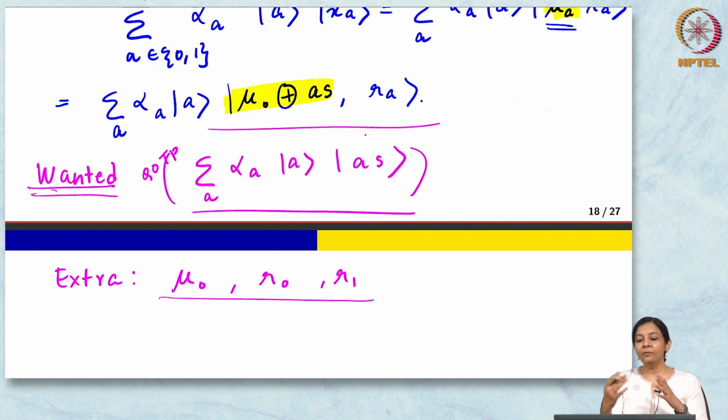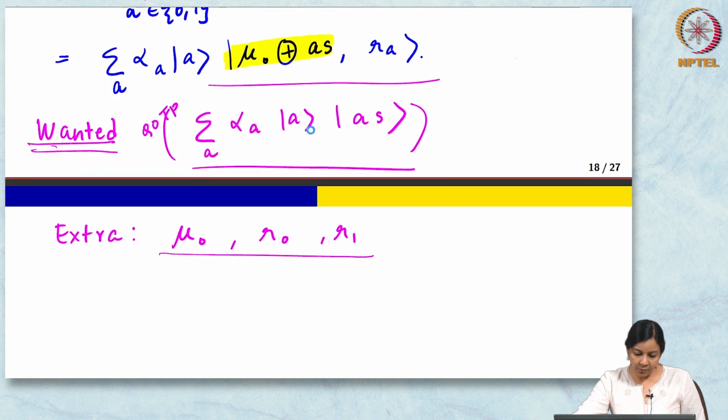So, what is the difference between what we have and what we wanted? Well, one thing is that this mu 0, R 0 and R 1 look extra. This is extra, and there is also something which is missing. What is missing? The OTP part, right, the x to the something, z to the something times the state that we want. And what I am telling you now is that actually this mu 0, R 0 and R 1 are what will give you the OTP that you want. They will give you the x to the something, z to the something, okay. I will not show this in full detail, but we'll try to understand it.